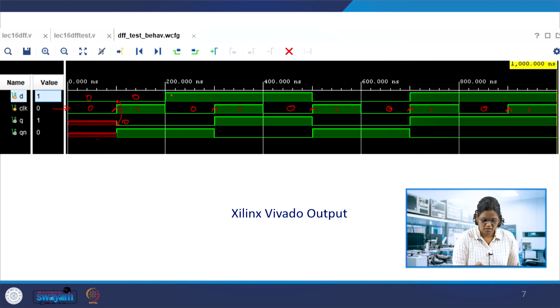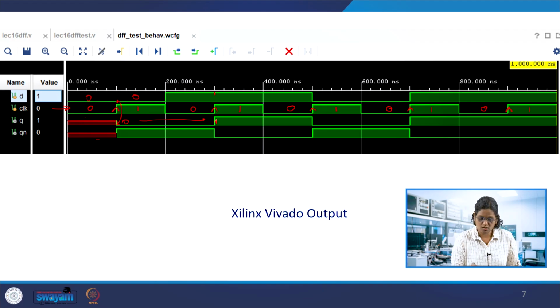There is a data change, but the D flip-flop doesn't care what happens to the data in between the clock edges. At the next clock edge this becomes 1, so 0 is maintained throughout this period. At the next clock edge it samples the data again and checks whether it is 1 or 0. Here it's a single bit 1, so it changes to 1 at this point. It's not immediate at the clock edge; it samples and transfers it. There is a delay involved in this process.